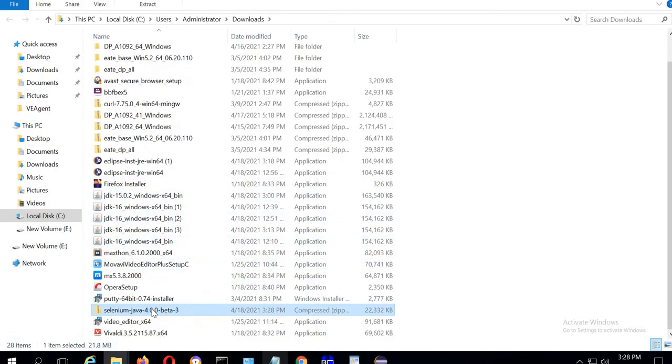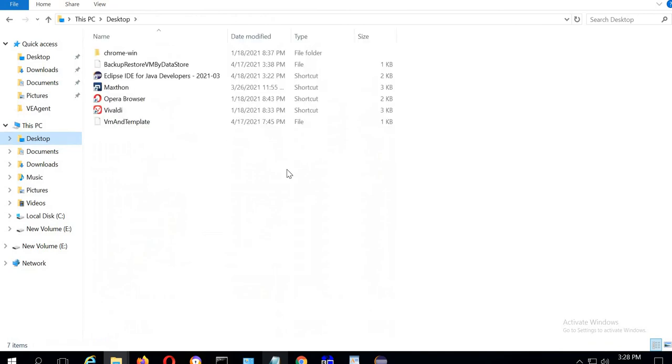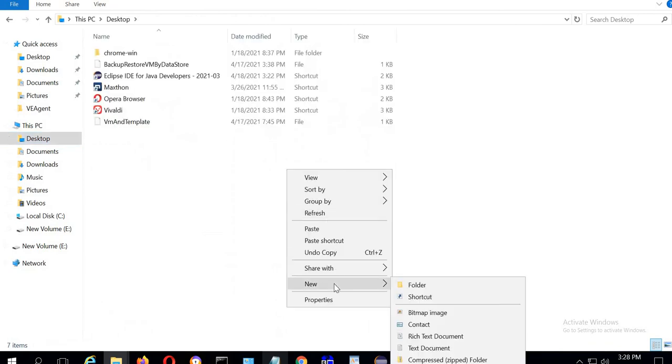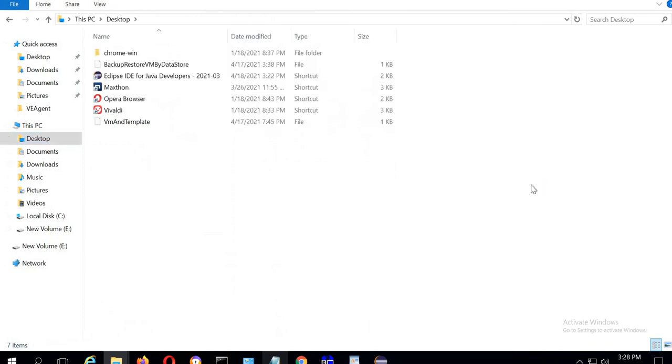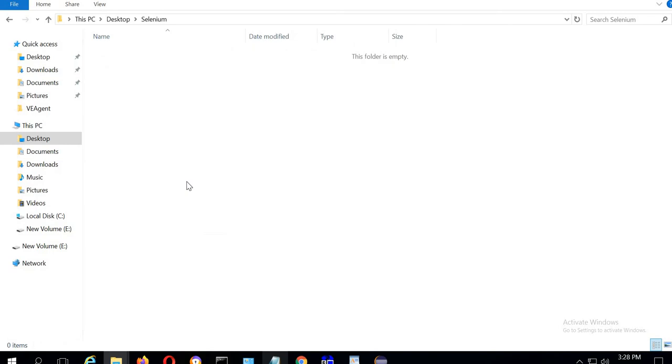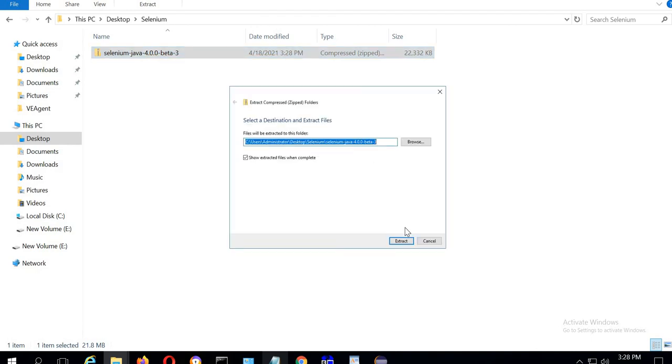So it's there. I'll just copy it and we'll come to the desktop and we'll create a folder called Selenium. It's not important, I'm just keeping it under the same folder so as to not mess up things here. I'll extract. This is a beta version.